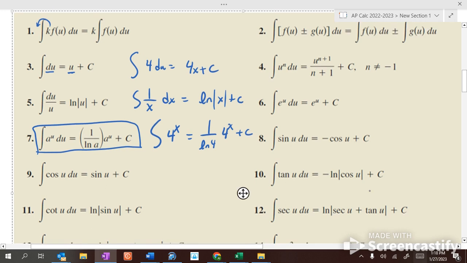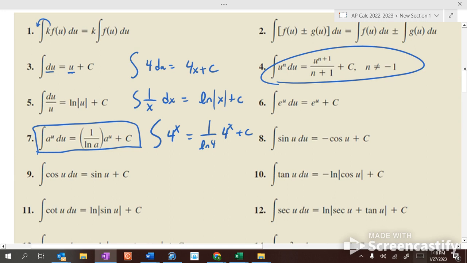This is the power rule that we've been working with most of the time. It's just written kind of weird. So x to the 5th is 1/6 x to the 6th plus c, where you add 1 to the power and then divide by the new power. It's just written weird. e to the u is e to the u. Sine is negative cosine. Cosine is sine. Tangent is